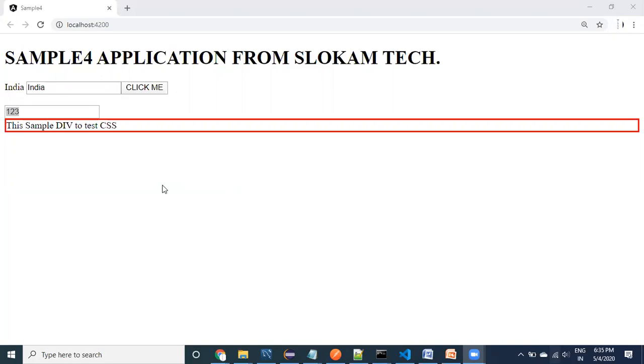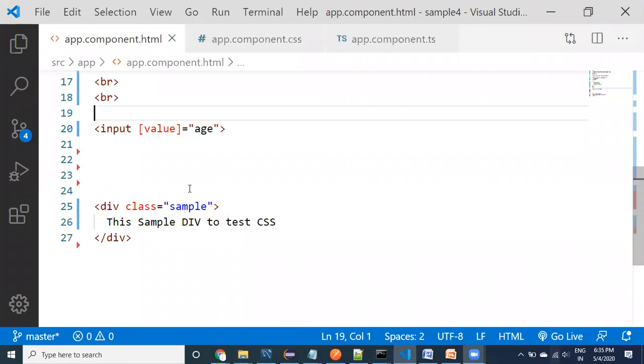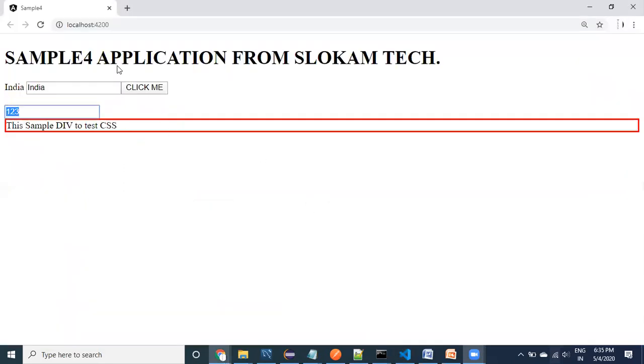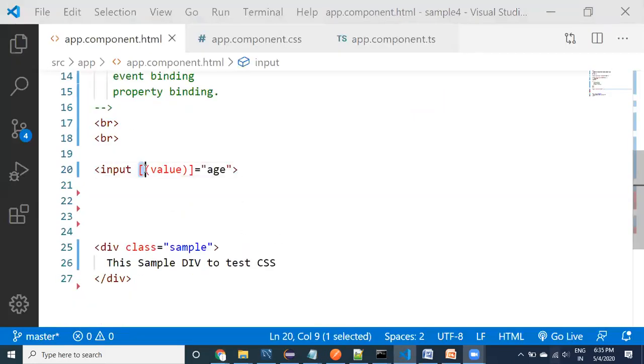Now what I want to do is one more thing. What I will do is, I have provided this property, right? See here, now I have used both brackets.